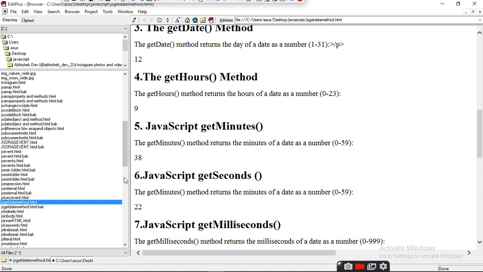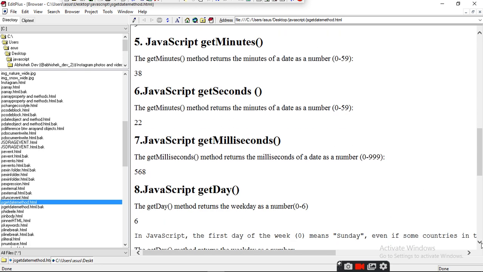When you say minutes, then it will give you 38 minutes. And when you say seconds, then it will give you the current second, 22. Then getMilliseconds. The getMilliseconds method returns the milliseconds of the date as 0 to 999. So it is 568 milliseconds.